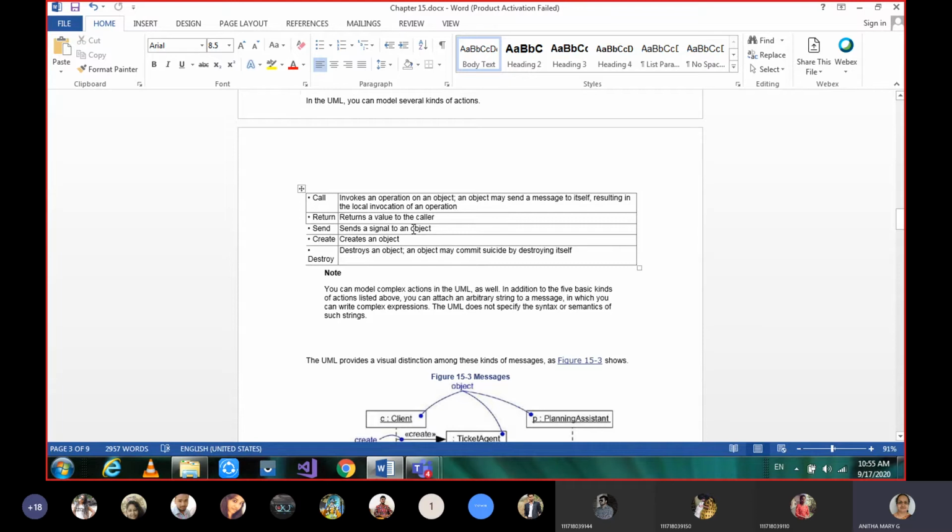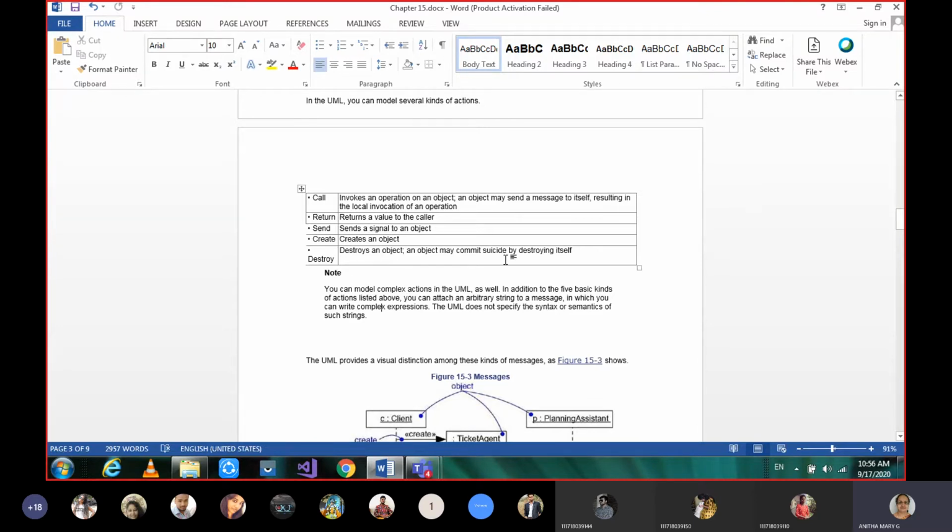Not only just talking, I can do some kind of signs manually, I'm saying. But in a system, we can call it a signal also. We can set flags, true, false. Such things we can also call a signal. And create is a stereotype. It's a message with a stereotype that can create an object. Similarly, we can destroy an object also, and that may be destroyed by itself.